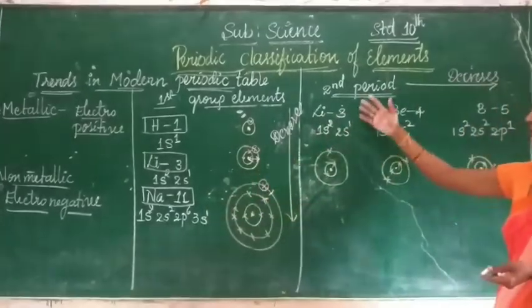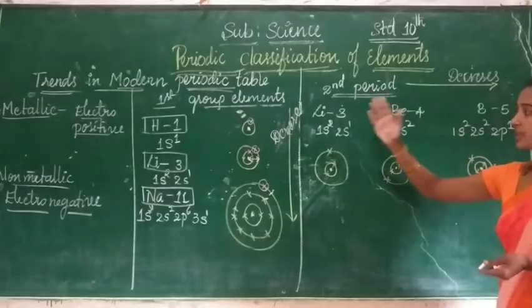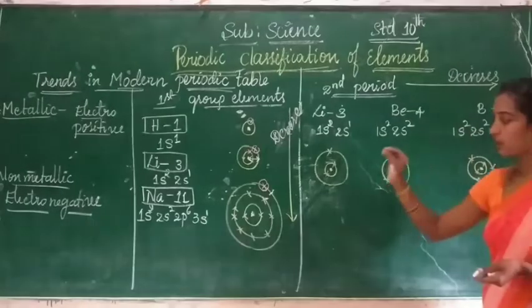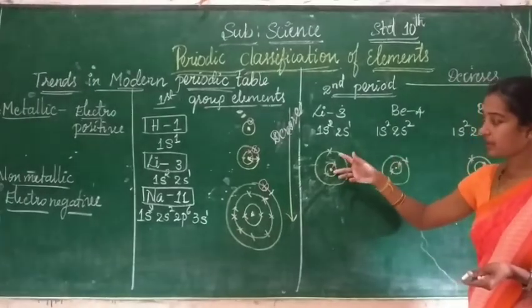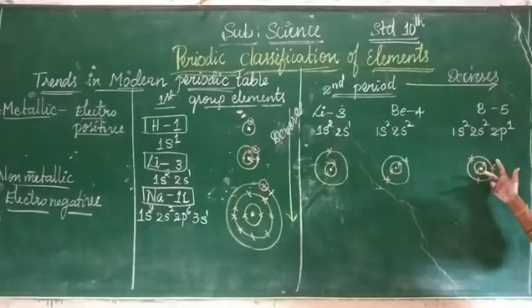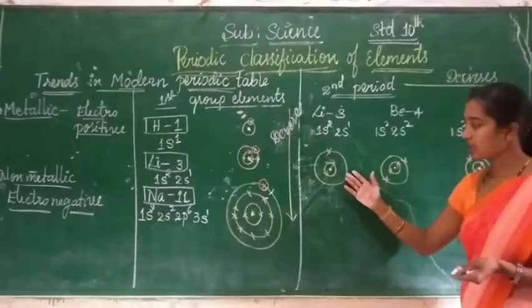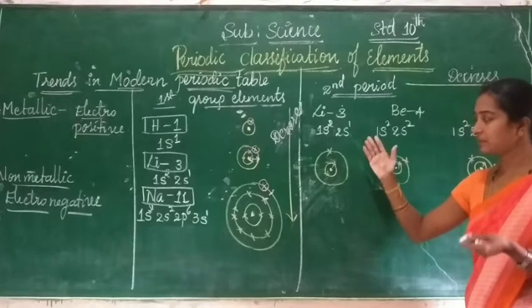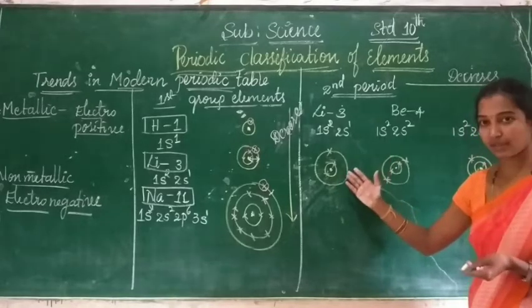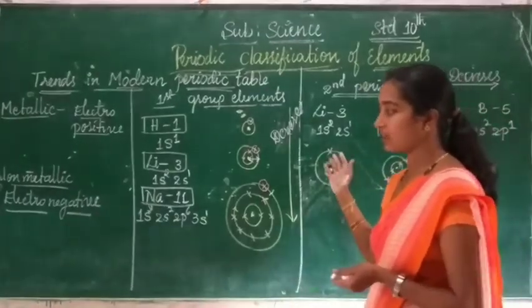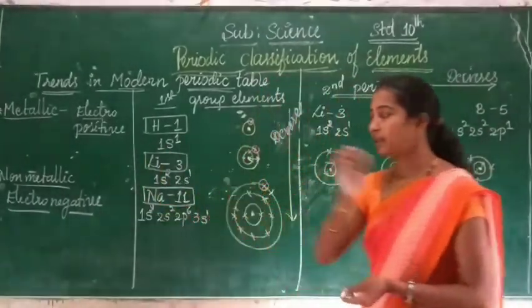Next, now we come to across the period. See now lithium, beryllium and boron. Now observe one thing here, the distance between the nucleus and the outermost shell. See children, the receiving is quite tough. Receiving an electron from a neighbor atom in the case of lithium is tough. The electronegative character of this element is less.